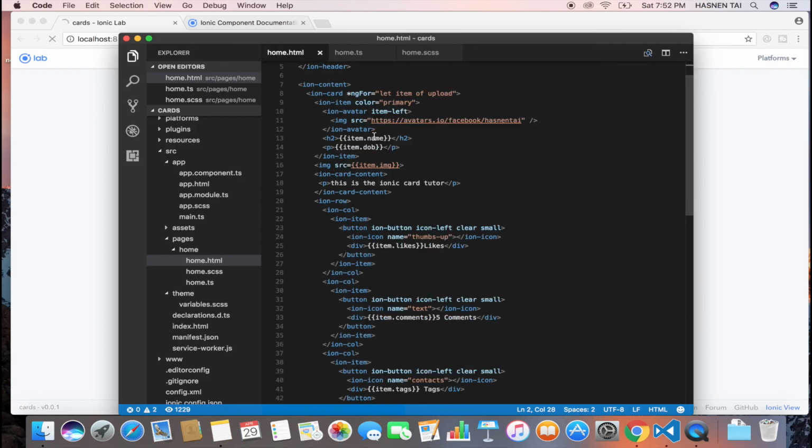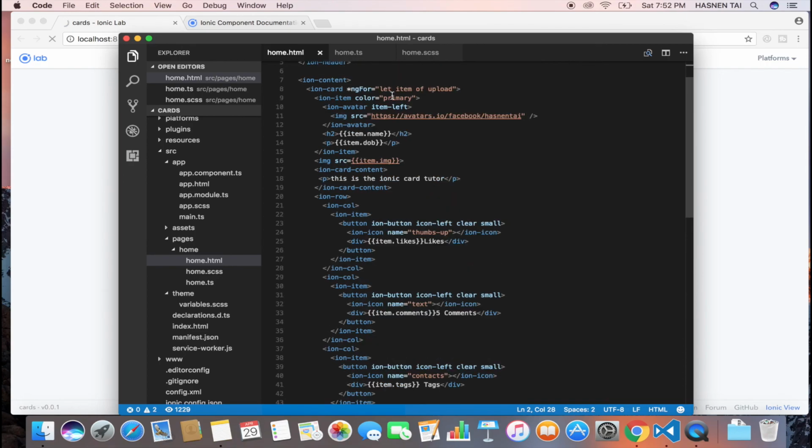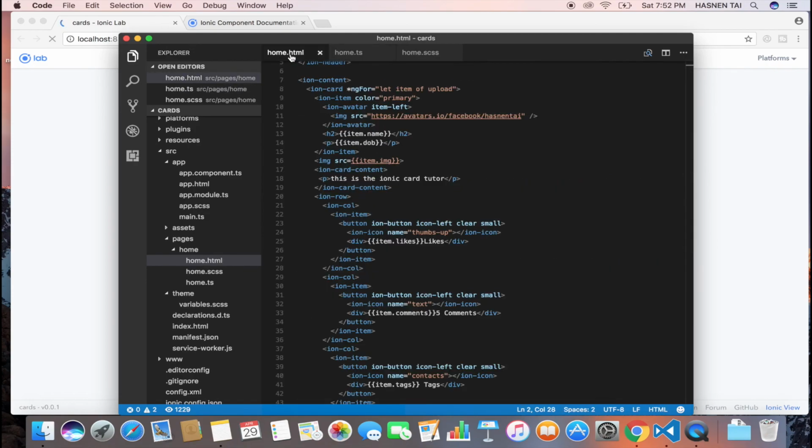See, I have created a single card, but with the help of ng4 I'm just getting two cards, and it is because we have two elements inside the upload array. So guys, this is how we can create beautiful designs. We can create beautiful cards